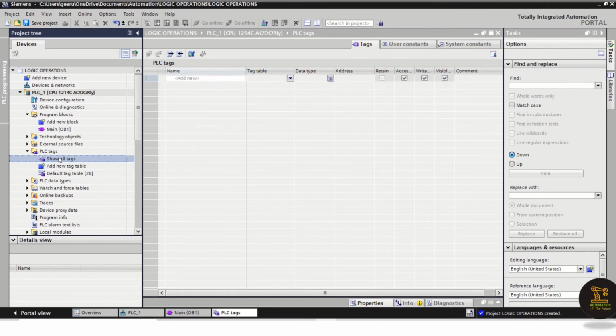What do PLC tags mean? See, whenever you come to a college, I mean when you are coming for education, whether you may be a student or a graduate, whenever you enter an educational institute, they will give you an ID. Mostly they will call you by the ID itself. They will not call you by your name. That is secondary.